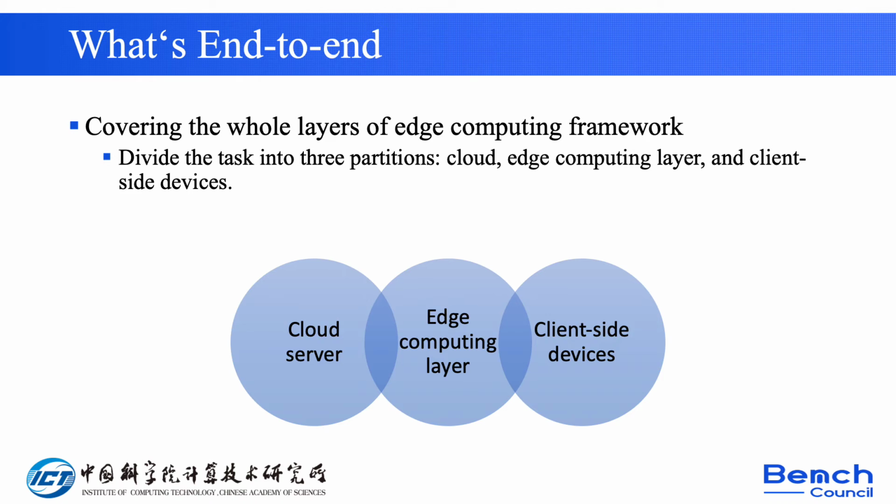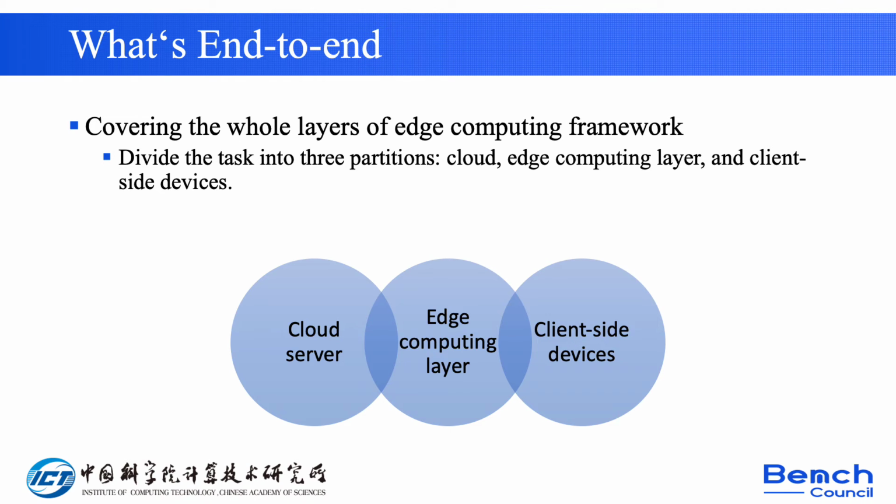In the previous page, we mentioned that Edge AIBench is an end-to-end benchmark. So what is end-to-end? Actually, there is some work on edge computing benchmarking, but it all focuses on one layer, such as inference on edge devices. In edge computing scenarios, the distribution of data and collaboration of workloads on different layers are serious concerns for performance, security, and privacy issues. So for benchmarking, designing, and implementing edge computing systems or applications, we shall take an end-to-end view,